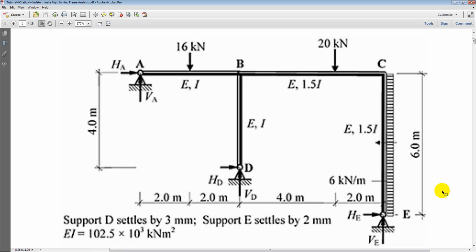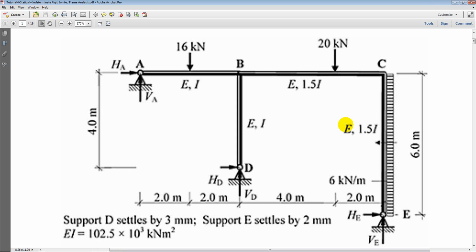Then some new methods came up, like the moment distribution method, which are fairly faster in giving the results for statically indeterminate structures. So these kinds of methods depend upon the stiffness, the relative stiffness of the members. So for any type of indeterminate structure, the relative stiffness plays a role in determining the